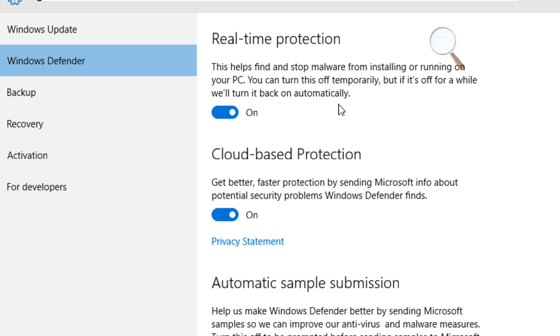What is real-time protection? Whenever any kind of malware, virus or spyware comes into an active environment, it means you have a PC and a folder, and inside there is some virus file. You didn't open it, you didn't go to that location, the system is not processing it, it just sits on one side, then we don't know whether it is there or not. But it comes into the active environment when you open that file or folder, or maybe you are trying to install some application that contains malware.